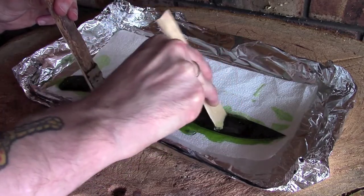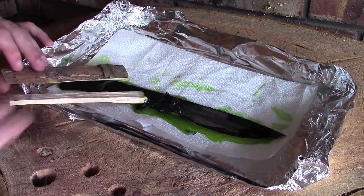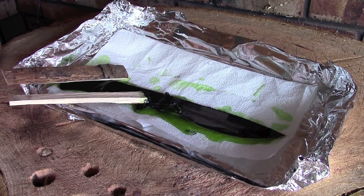It's by no means difficult, and I'm just going to spend 5 or 10 minutes scraping back all of this paint. I won't bore you on the camera because it's quite repetitive and mundane, and I'll come back once everything's been removed. One thing I did want to say very quickly before that,